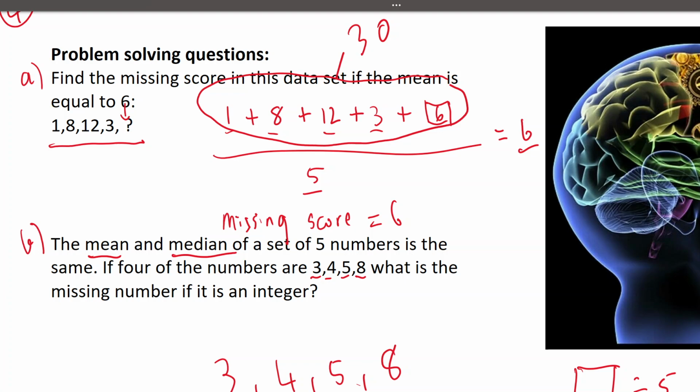So, for example, if it was 20 as the total, it would make sense, because then 3 plus 4 plus 5 plus 8 would equal 20, and then 20 divided by 4 is 4. But if that was the case, then it would mean that the missing score would be 0, which would then